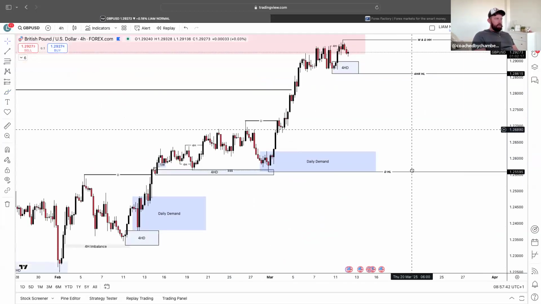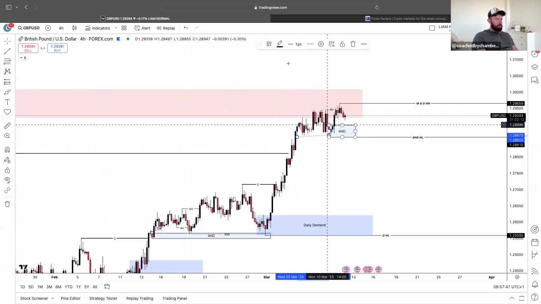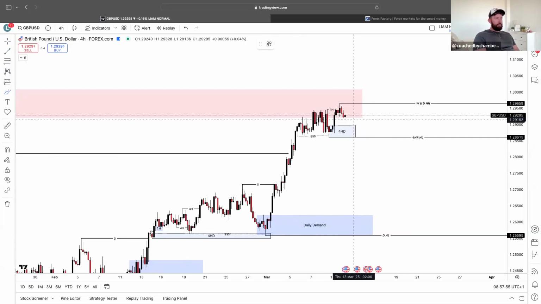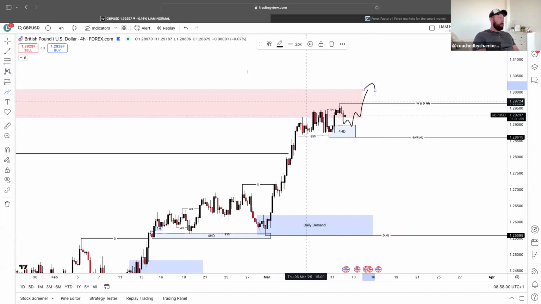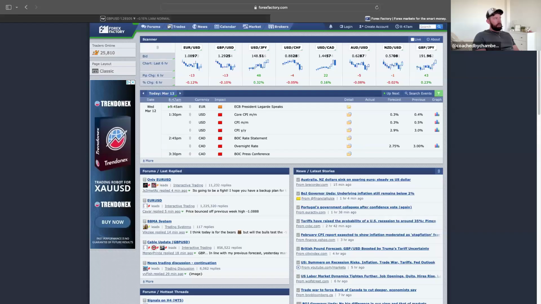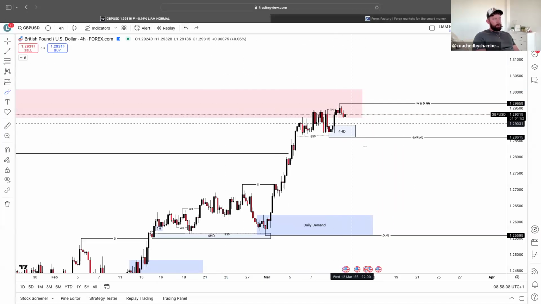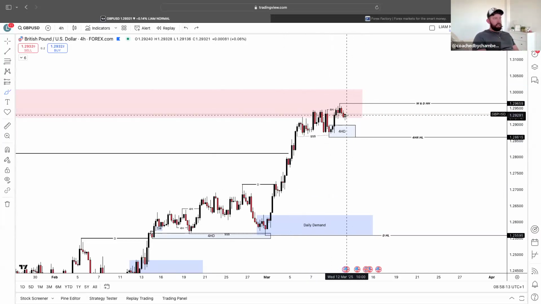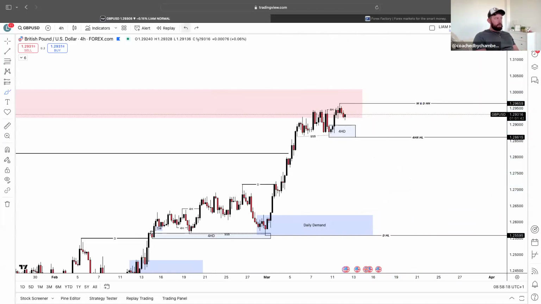So you'll be able to notice that the 4-hour did take out all of these lows. I think, was it Monday or Tuesday? It did take out all of these lows, we tapped in below, and then we moved on upwards. So of course, from a technical standpoint, we expect the market to just carry on upwards from here. But understand that fundamentals outweigh technicals when we have CPI. So again, just be very, very careful and very aware if you are looking to buy from here. Not to say that it's not going to happen, but obviously just understand the possibility with volatility that we could just see something like that. So that's for GU.